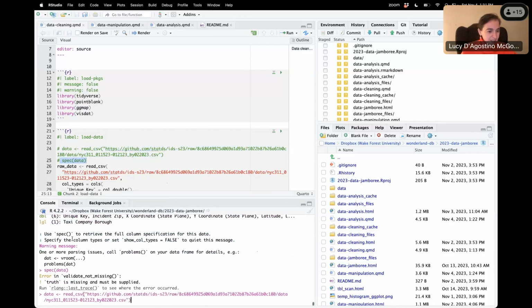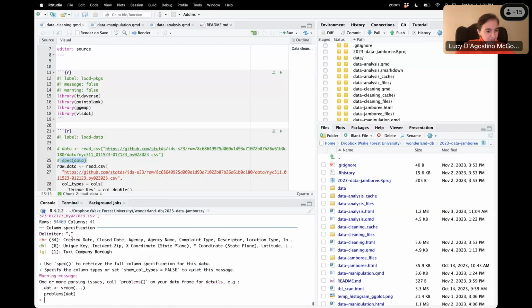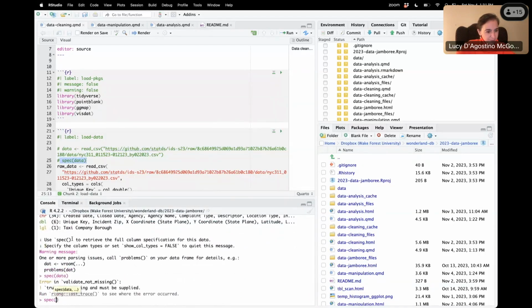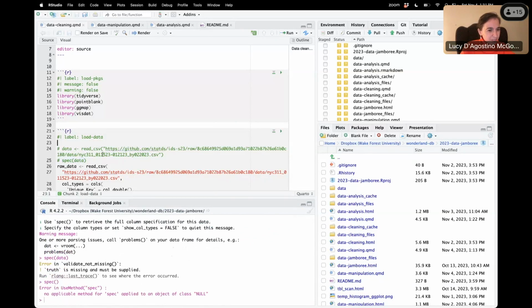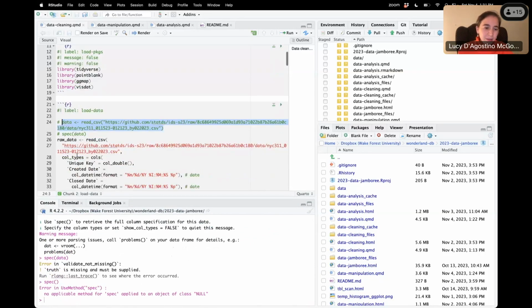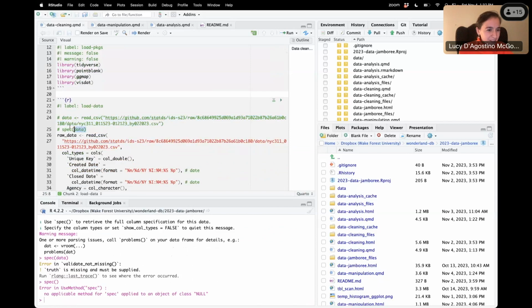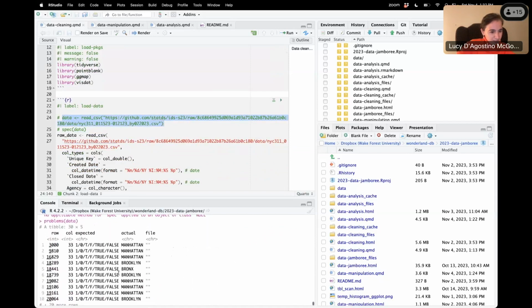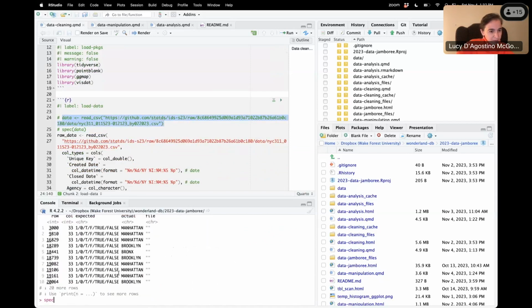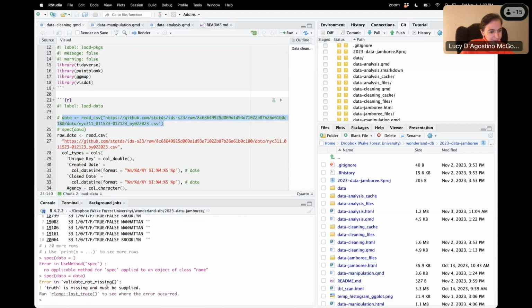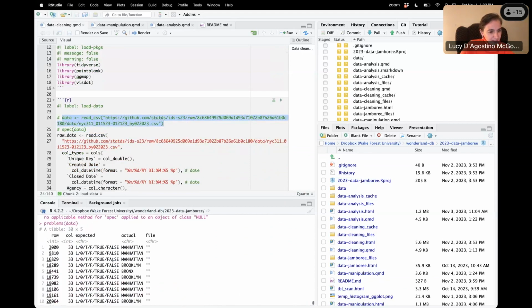Oh, I think I did. Usually this is going to work. Hold on. This is the problem with live coding. Maybe I should have just let this run. What am I doing here? Okay, it's telling me some problems, but it still should be able to tell me data equals data.